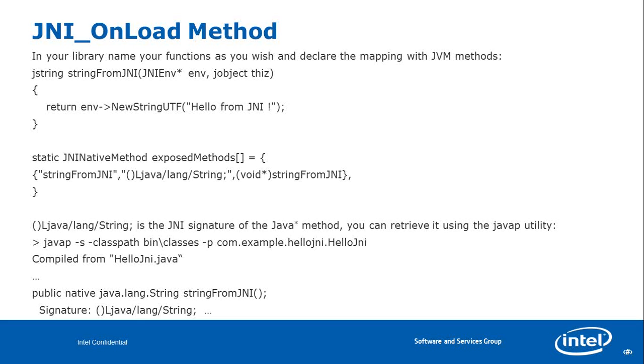So how does the JNI onload method look? If you see here, again it's going to be a JString, string from the JNI, which you actually will be invoking from your Java class. So this Java class is in your source folder, where I showed you the .java file. So what you are doing here is you are going to string from JNI, and you give the JNI environment, that is the objects available for the JNI onload.